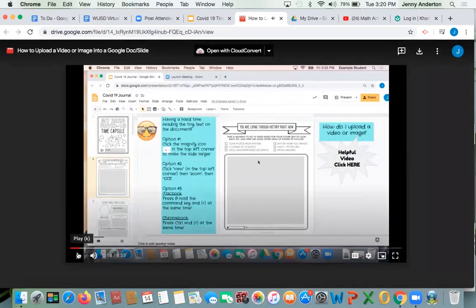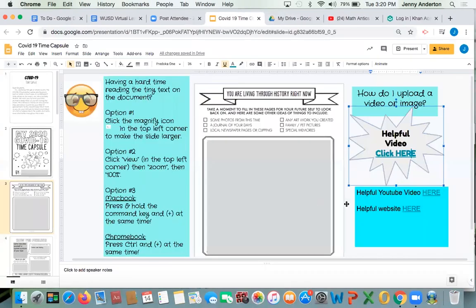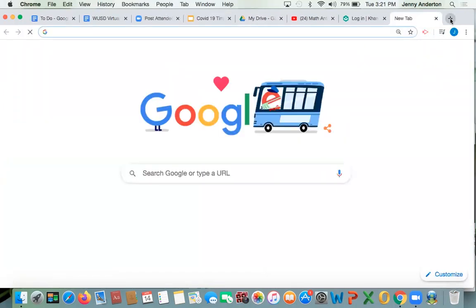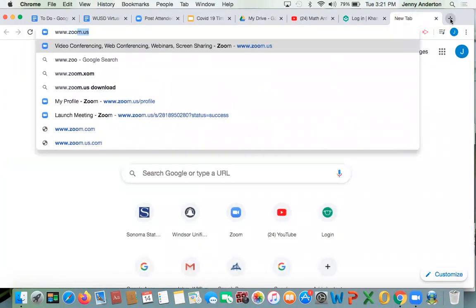So let's start. Okay, so that was just an example, but you're wondering, well, how do I do that? Okay, so the first step would be to figure out how you're going to film. I always use Zoom because I just think it's really straightforward and easy. So what I do is I go to www.zoom.us,